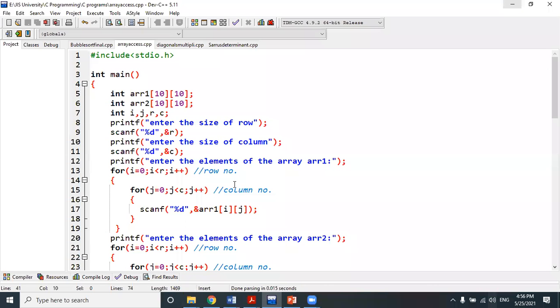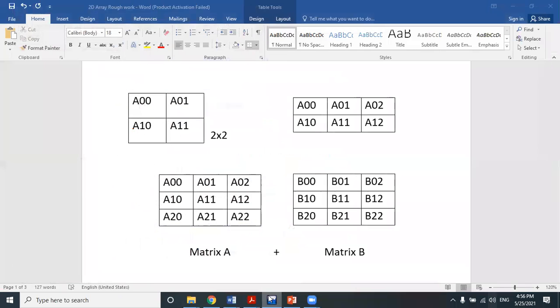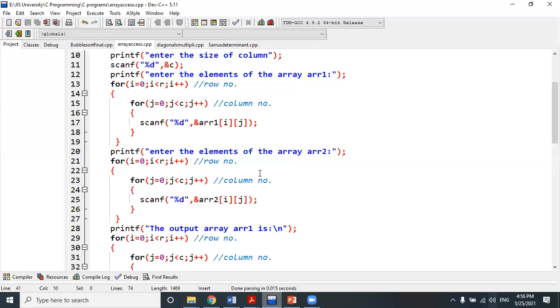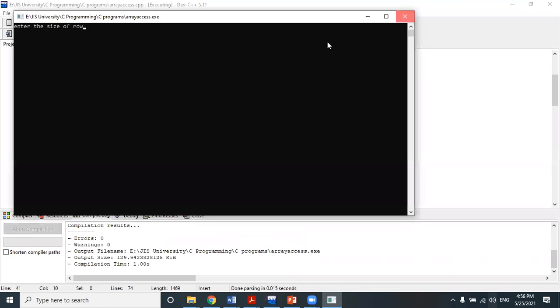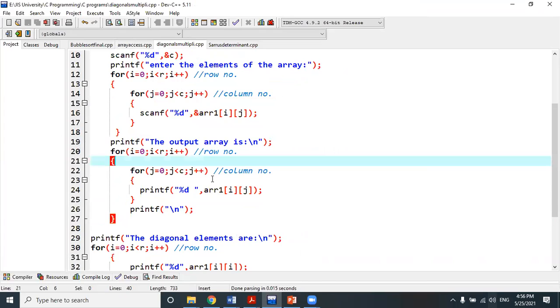Can anyone tell me, if I want to print the diagonals of this matrix, only diagonal elements, what should I do? Only diagonal elements. Look at this figure very carefully. I is equal to J, sir. Yes. I and J should be equal. So we don't need to think about both I and J, what should we do? We should run only one for loop and print array[i][i], meaning 00, 11, 22, like this. Did you understand what I said? Let's check this program. Look.